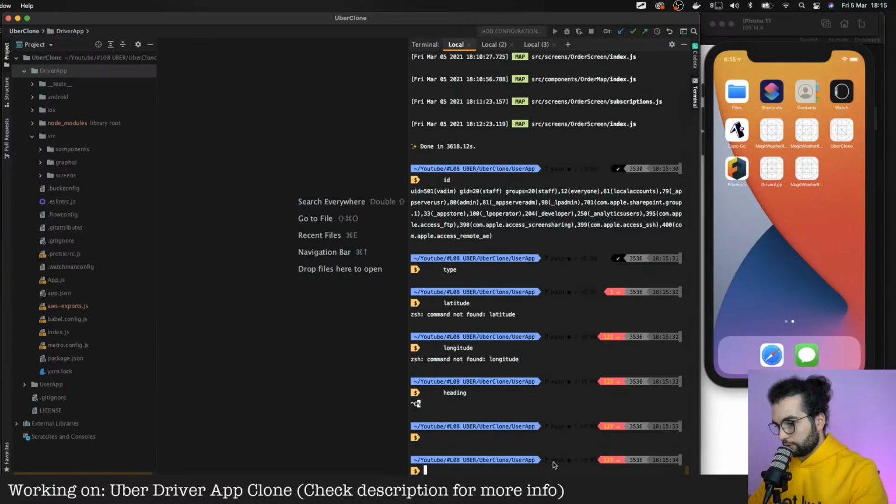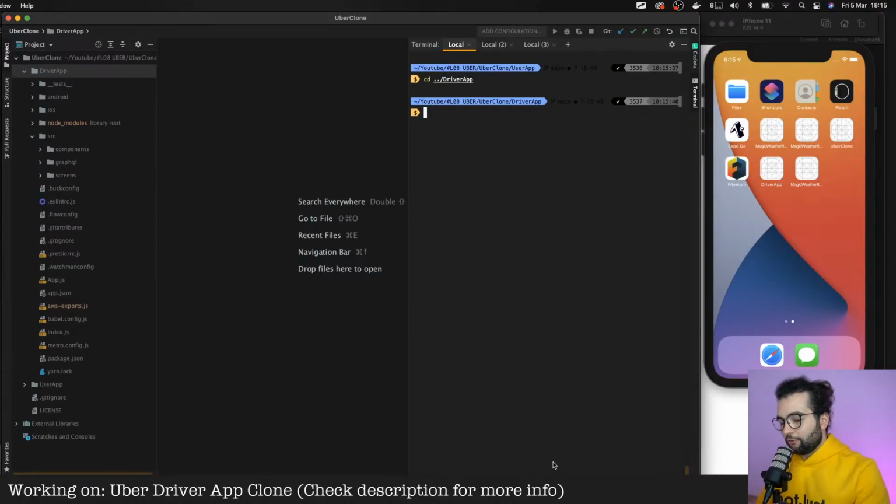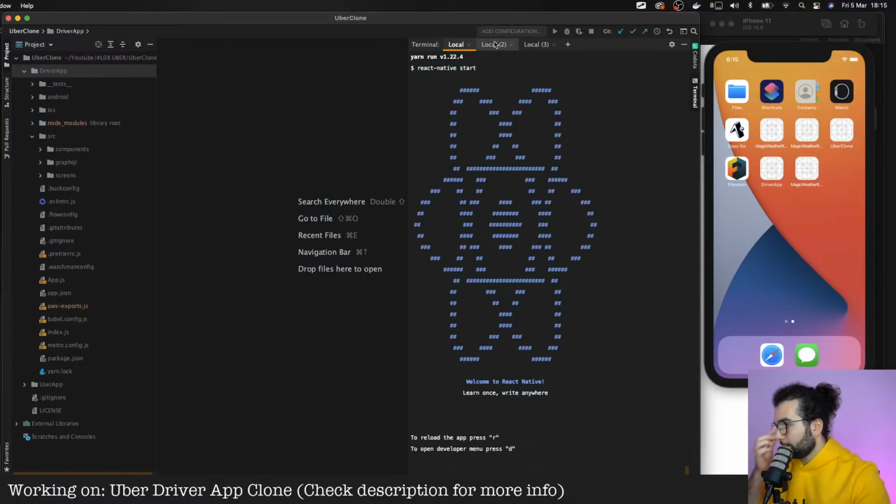Stop, clear. cd driver app. And then I'm thinking how to test it and show you that it's actually working. Yarn start.